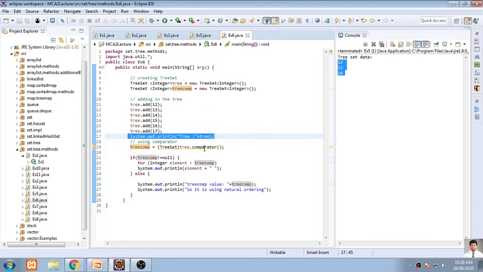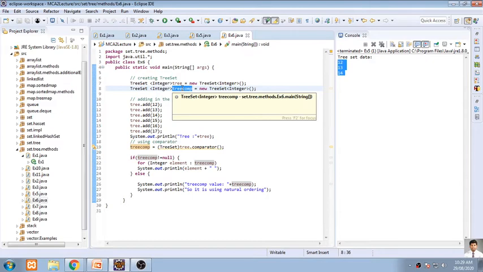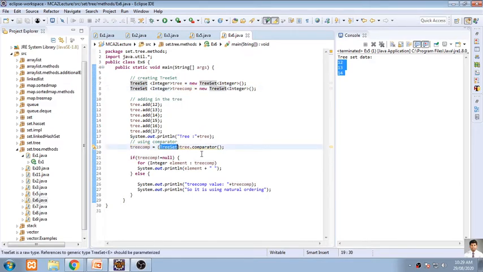And now, previously what we have done is cloning. Tree.clone was the function for the purpose of making the second copy. Now comparator is a function where we'll be comparing the first element's value with the second element's value. But here I have not added anything into this tree set, tree comparison. So tree compare doesn't contain any value, but still I can go for comparison. So how to compare those three?